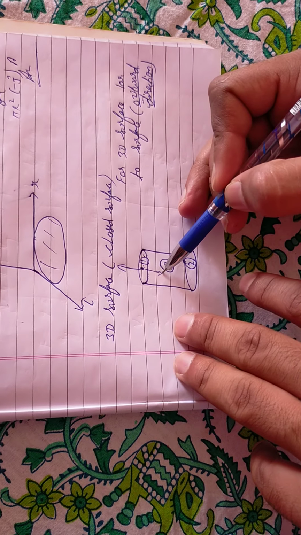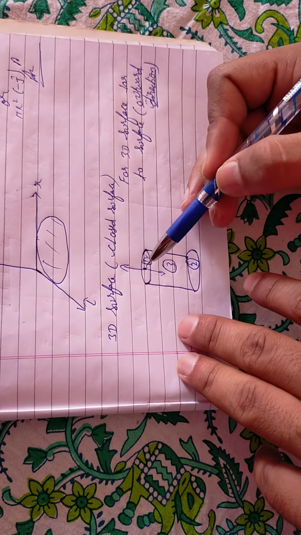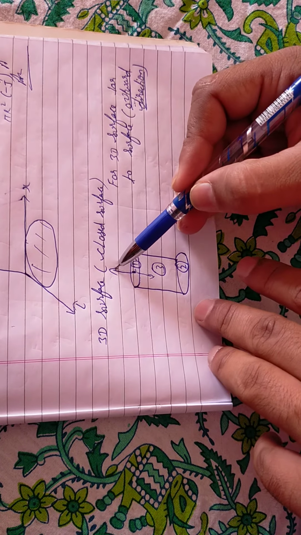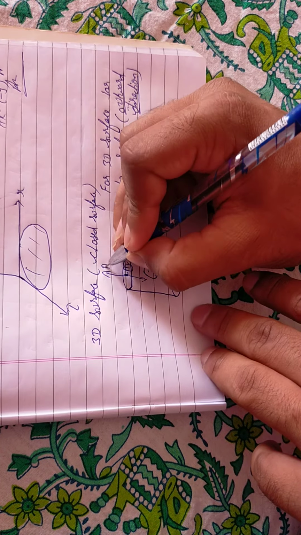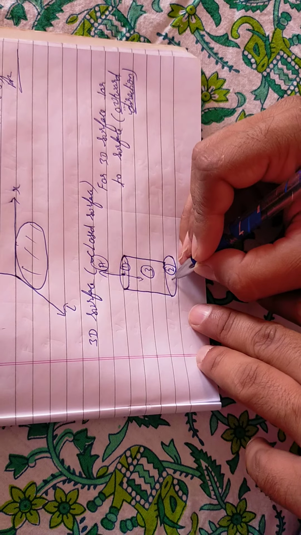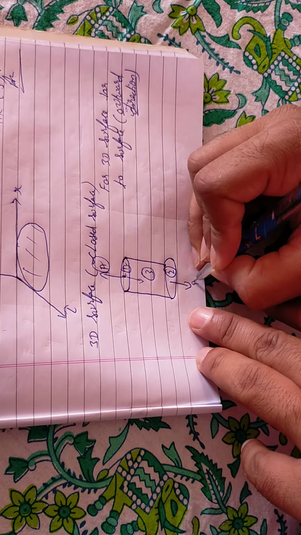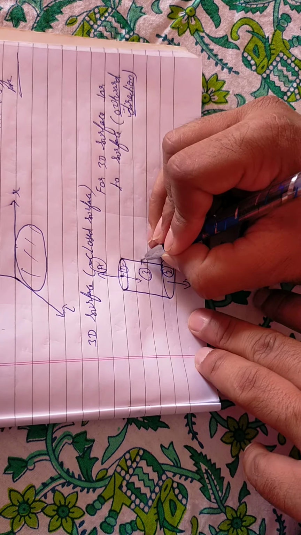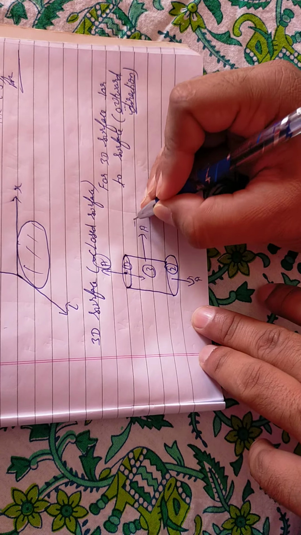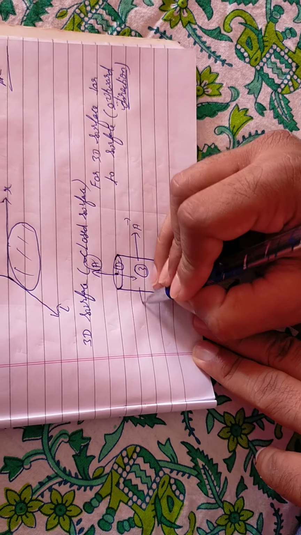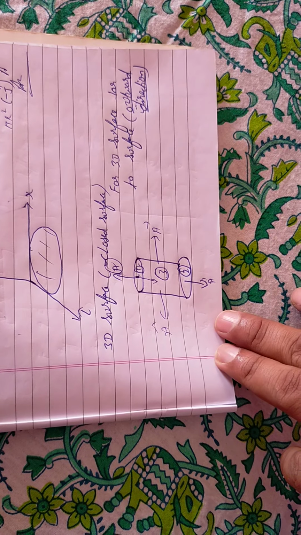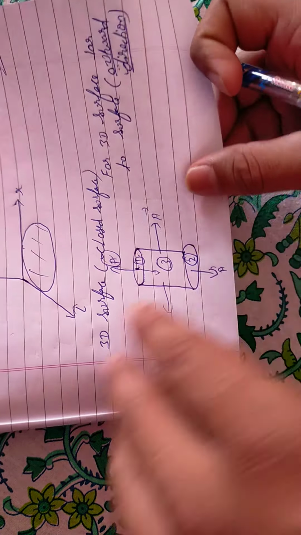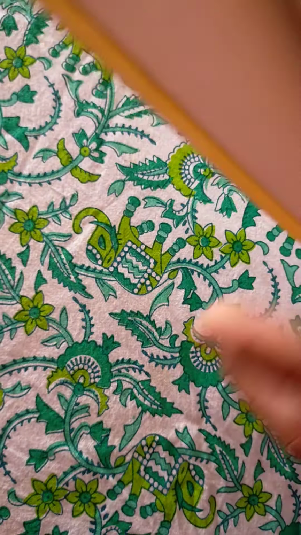Two area components can be there, one inside the surface and one outward, so we have to choose the outward direction only. So the area component for surface one is this one, for this one this component, and for this one this. This side also you can take, no problem, both area vectors are correct. So this was the area vector for the cylindrical shape.